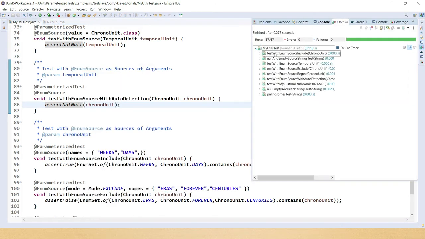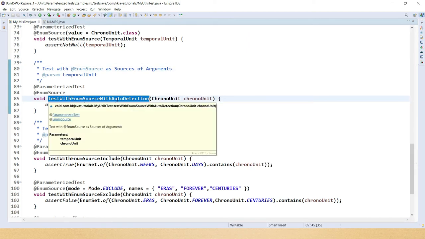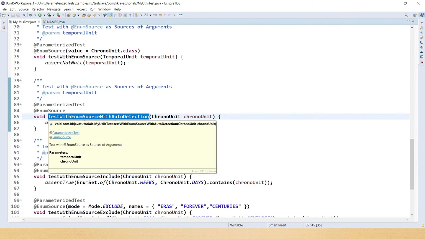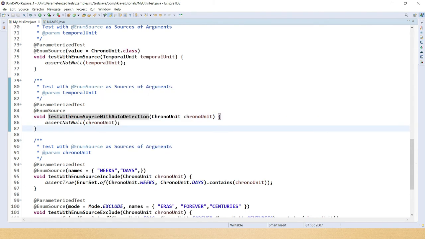So let me show you. I expand and then you can see the test case name, test with enum source include. And that's not the name of our test case, it is something else. I need to execute this test case. Some other test I ran, so I need to execute this one. So this is selected.